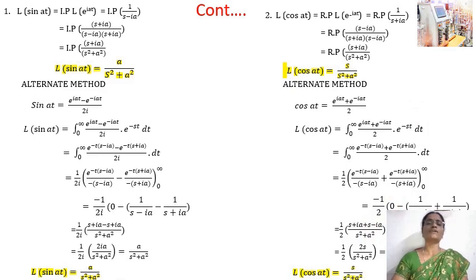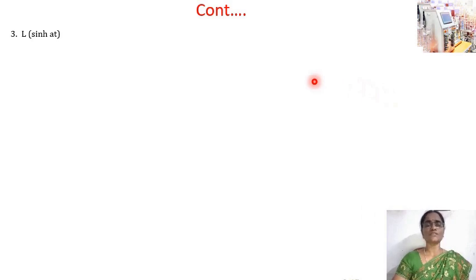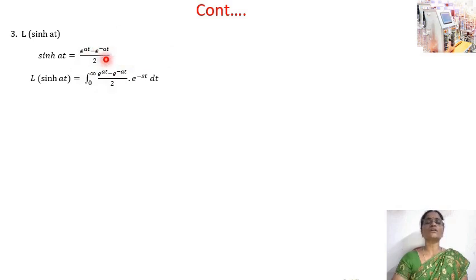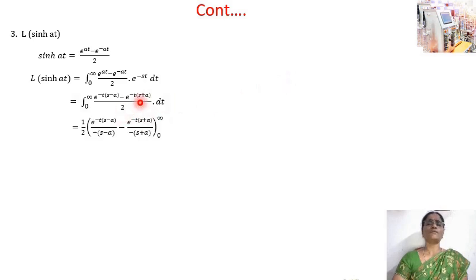Like that, we can go for the hyperbolic function sinh at. What is the Laplace of sinh at? The sinh at can be given as e power at minus e power minus at, divided by 2. Just substitute this sinh at value in the Laplace transform definition. Here multiply with e power minus st, and you will get the form like that. After that, take a common base, add the powers, go for the integration, then apply the lower and upper limit. If you apply the upper limit, you will always get 0. The lower limit is 0, so you will get 1 here.